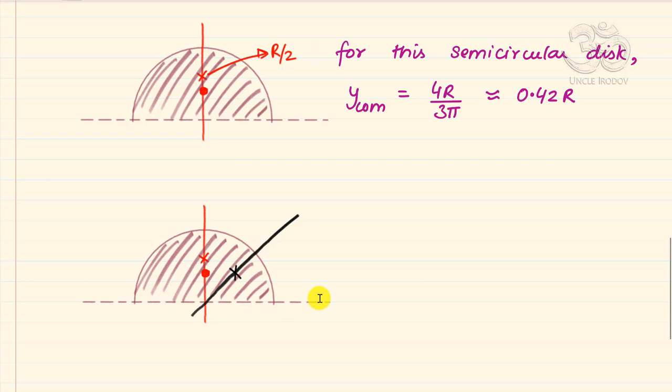And you know the height of this guy won't change, so this should be 4r by 3 pi still. That means you have the x coordinate also as 4r by 3 pi, and that means that the distance from the center to that point is, if I call this point C for 1/4 of a disk and the center as O, then the distance OC is going to be 4r by 3 pi times root 2.